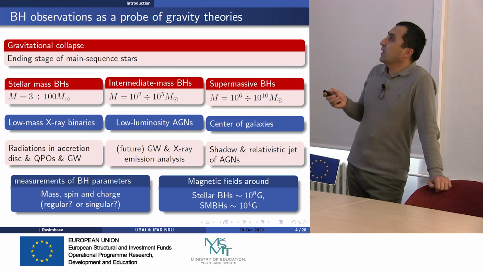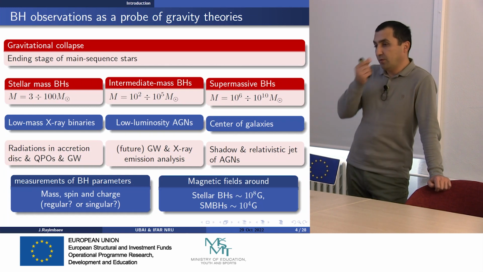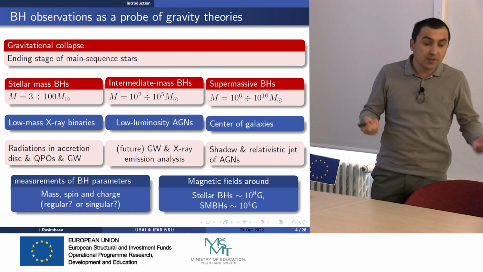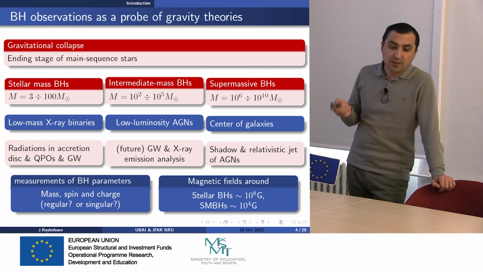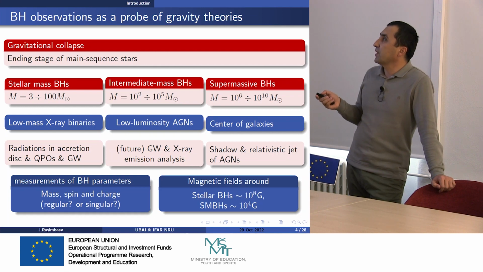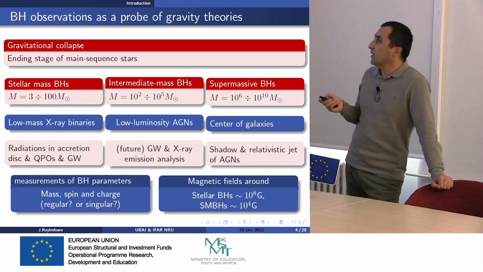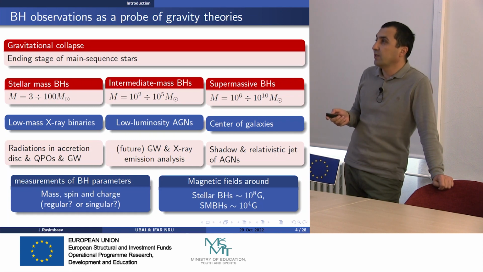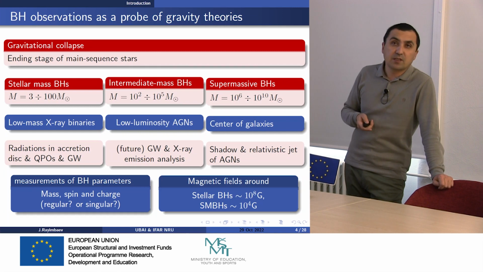and we can observe them through their shadow size, since up to now we have only two observational data, from the M87 supermassive black hole and the Sagittarius A star, and most of them observed through their relativistic jets. But in observation, we have some problems: how to measure the black hole parameters. Whether they have mass only, or spin or charge, is still a question.